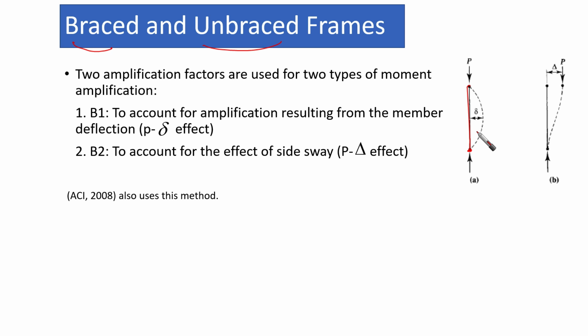So if we are having the 2 points, they are not going to move relative to one another, then in this case we call this case braced frame or braced case. And if one end is moving with respect to the other end, then in this case we call it side sway